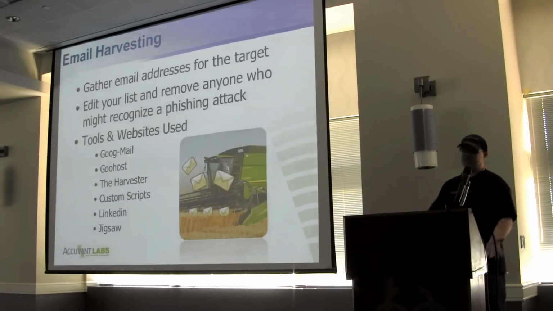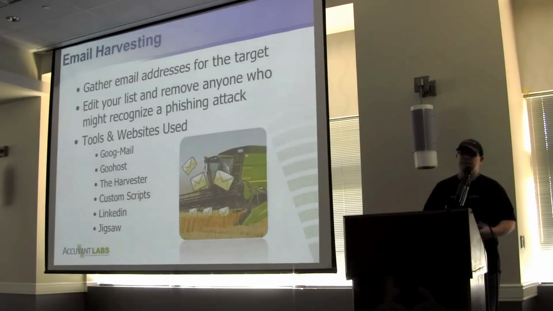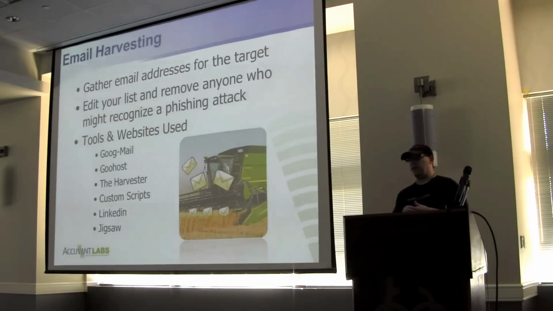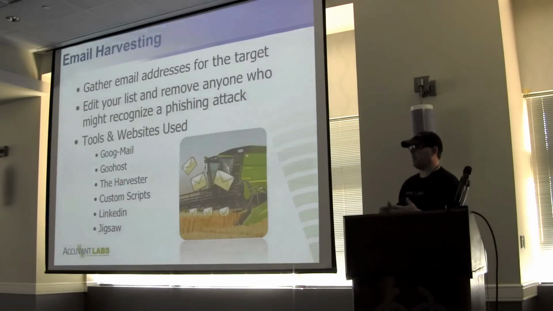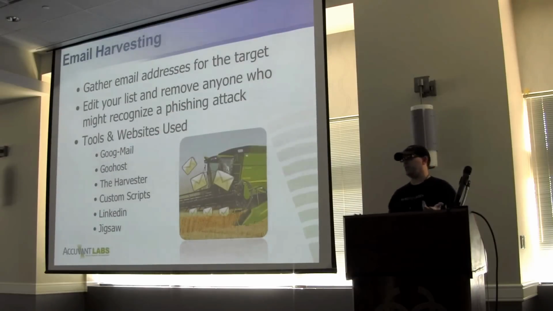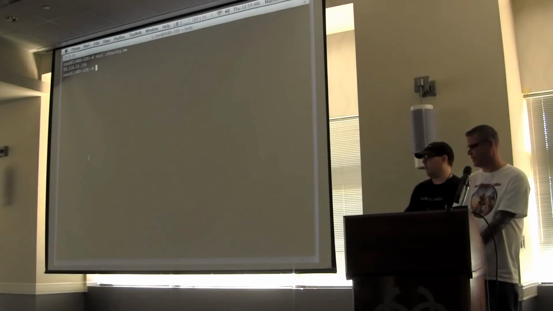The best tool, well, I'm biased, so the best tool is the one at the bottom, which is Jigsaw. One of the guys on our team wrote a Ruby script. It's in Backtrack. It's out on GitHub called Jigsaw, where basically, who knows what Jigsaw is, by the way? The website Jigsaw. Okay, so basically what Jigsaw is, it's a website for sharing business contacts.